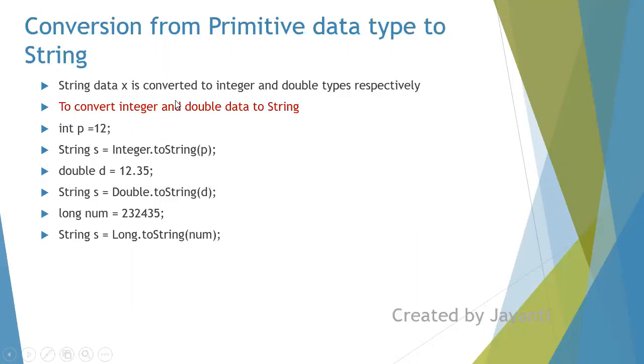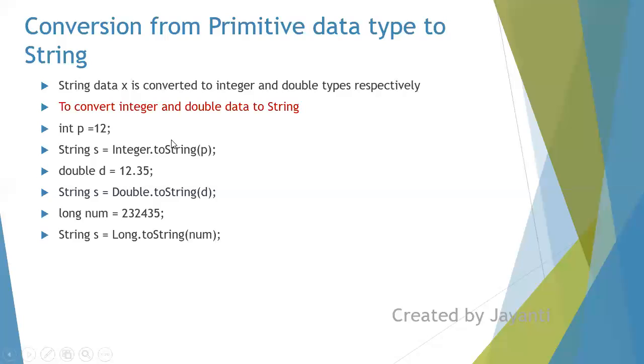Now from primitive to string, how do you convert? Like, there is an int p = 12, and I want to convert that 12 into a string. I want to convert the number into a string. So there is a common function in all the wrapper classes called toString. So Integer.toString.